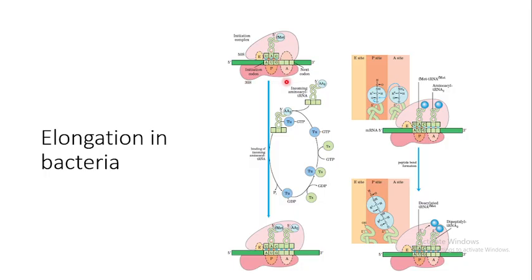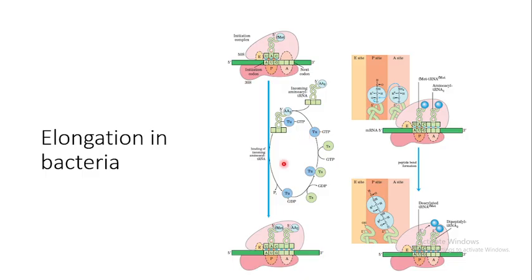Then in the elongation step, the next amino acid tRNA will come, right? So the next amino acid tRNA, which is this one, the amino acid AA2, suppose, will come to bind to the A site of the ribosome, right? And it will require an associated factor, which is EF-Tu, right? So Tu-GTP, which is the elongation factor. So this incoming amino acid tRNA and Tu-GTP will make this complex, amino acid tRNA along with this Tu-GTP, right? And then it will bind to this A site, right?